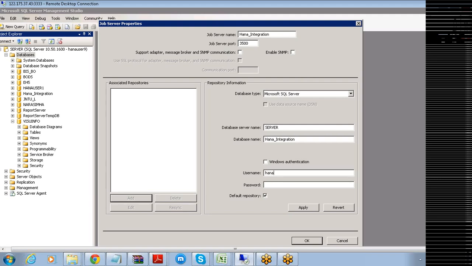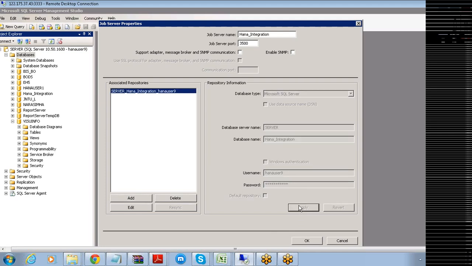The user ID is 9, and the password is HANA 123, and then click on apply. So this is done.